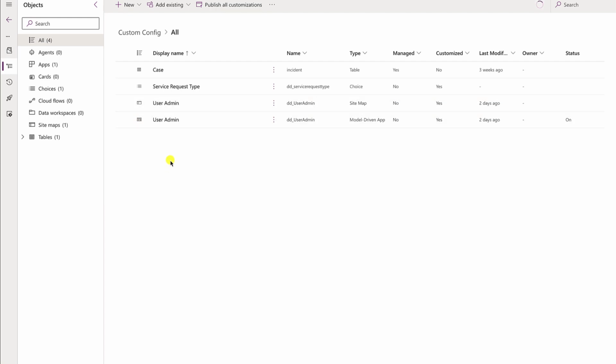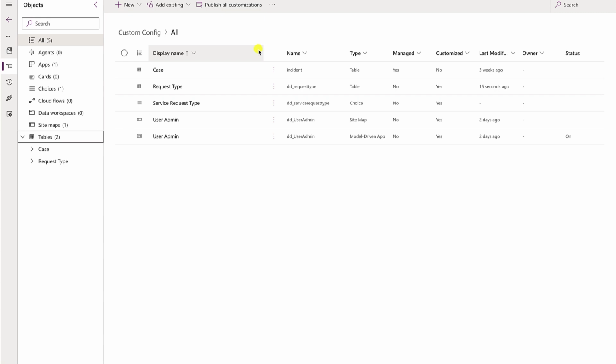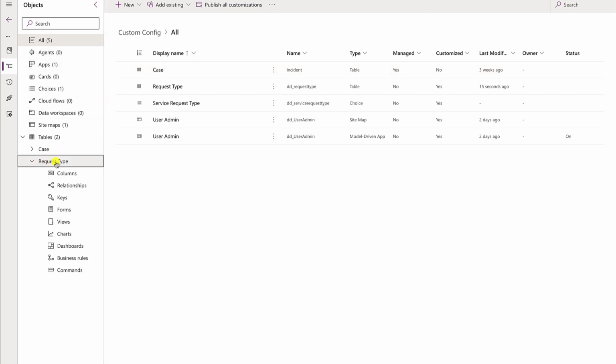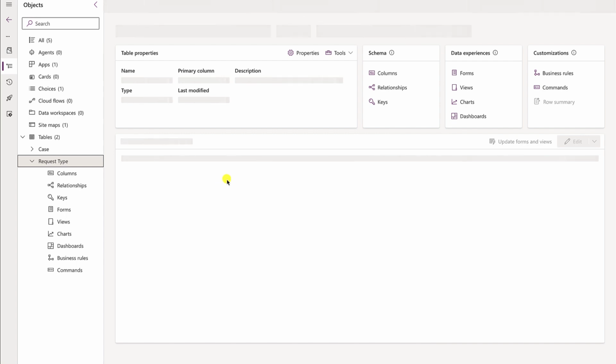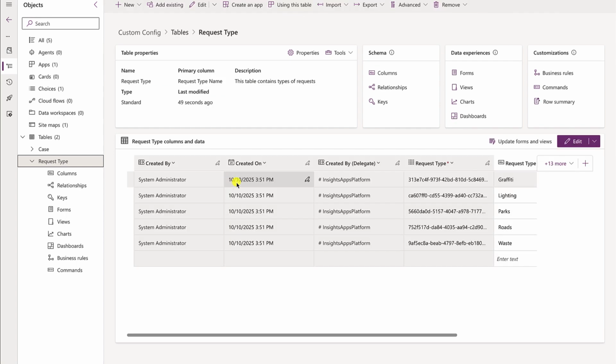Okay, now one thing I was interested to look at is, does Copilot understand the context of me being in a solution? And it looks like yes it does, which is awesome. So I'm in my environment, and just one thing to call out, obviously best practice, you want to make sure you're in an unmanaged solution and you've got a publisher set up. And so the fact that I created that table from within this solution, as you'd expect, I can now see the request type table. So if I select that, let's see if we've got any records in there. Okay, cool. So it's actually added a few more, but that's absolutely fine.